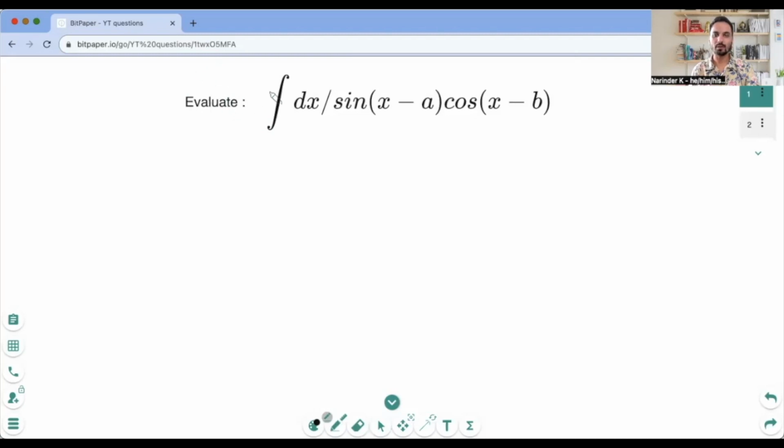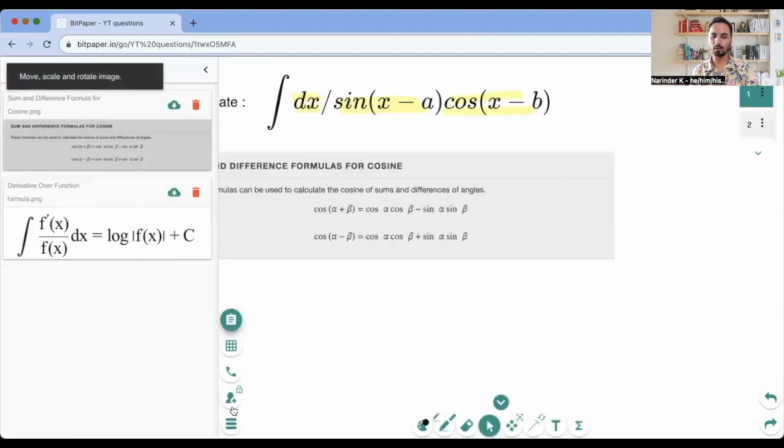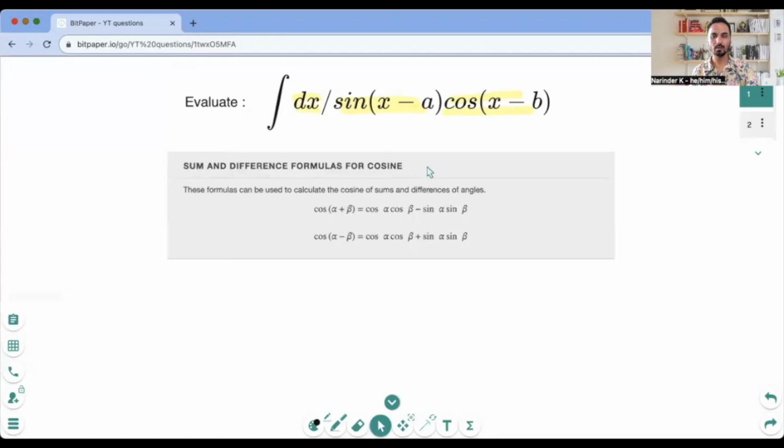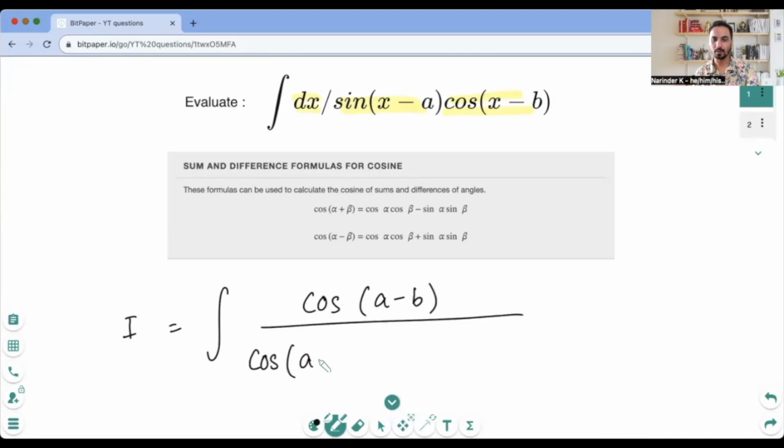In this video, we will evaluate the integral of dx over sin(x minus a) times cos(x minus b). Whenever you are given an integral of the type 1 over sine times cosine, we will try to write the numerator by using the sum and difference formulae of cosine. So in this case, I can write the given integral as cos(a minus b) over cos(a minus b) times sin(x minus a) times cos(x minus b)